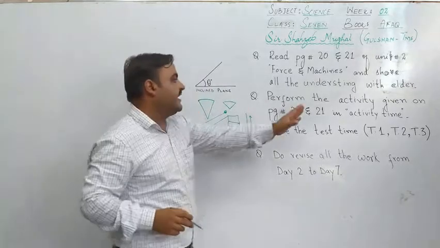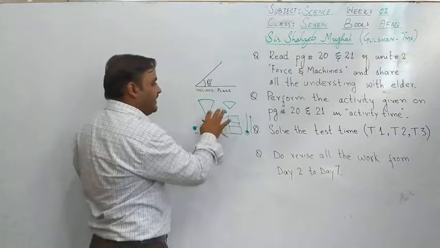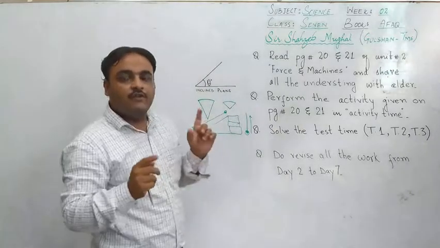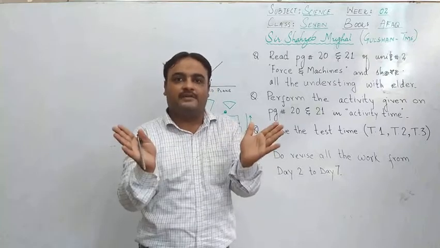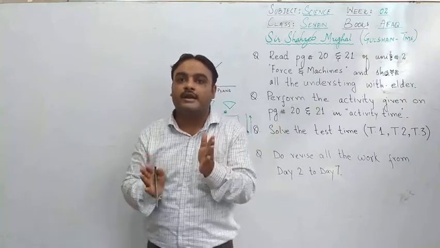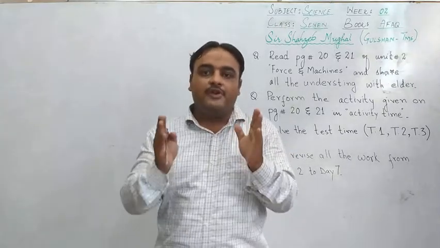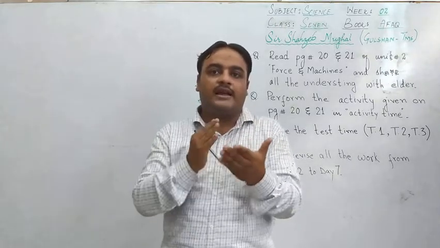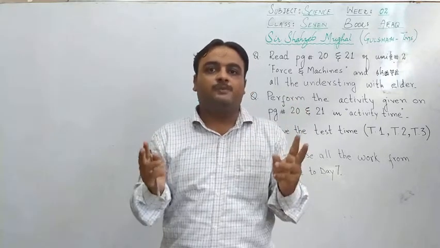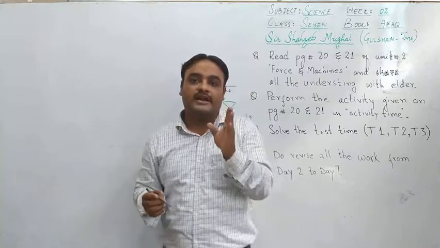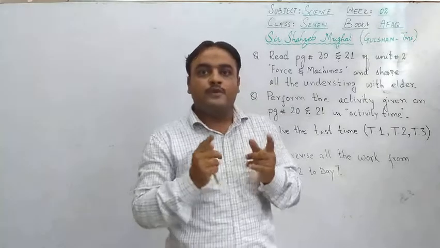And then on page number 21, you will find an activity concerned with the wedge. What is a wedge? A wedge is basically an inclined plane which is double-sided and it helps you in cutting or tearing objects apart. For example, if you cut an apple with a knife, it will cut easily into two parts. But if you cut an apple with the help of a plastic or wooden ruler, you will find it